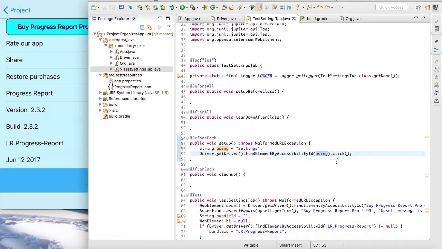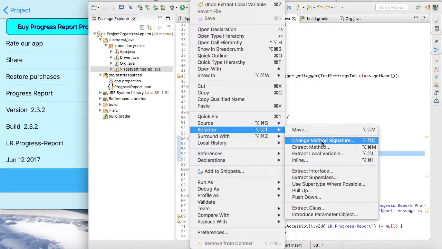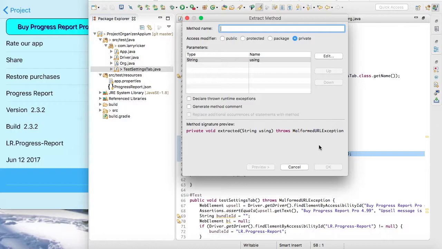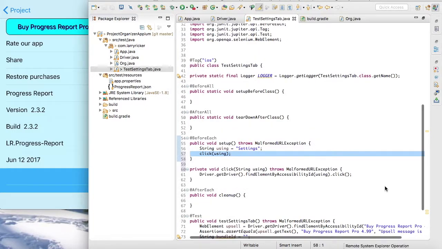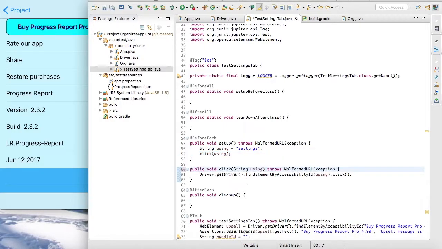And so now I can click on this, and I'll do control, right click, refactor, extract method. Now I'm going to call this method simply click, because I'm going to do all my clicking based on accessibility IDs. So now I've got a new method here called click. Now the only thing wrong with this is it's not public and it's not static. So I'm going to change it to public, and I'm going to make it static. Okay. Now it can still be accessed there,